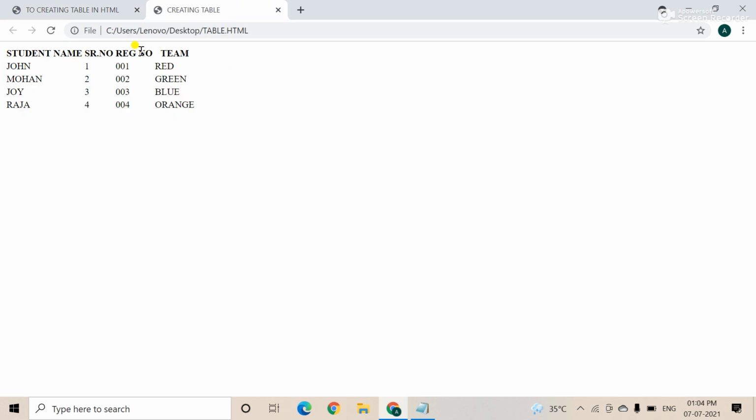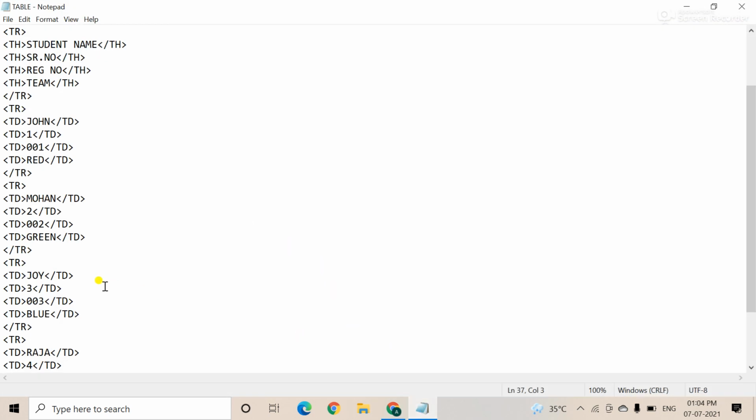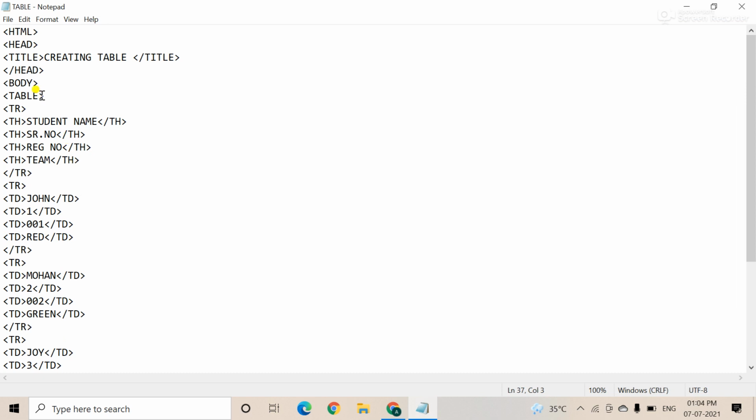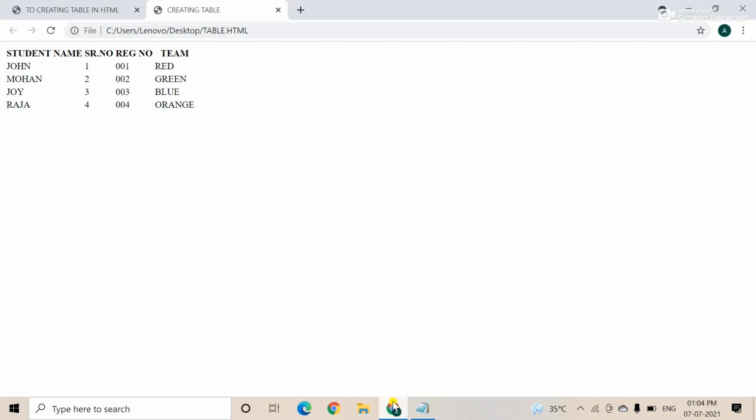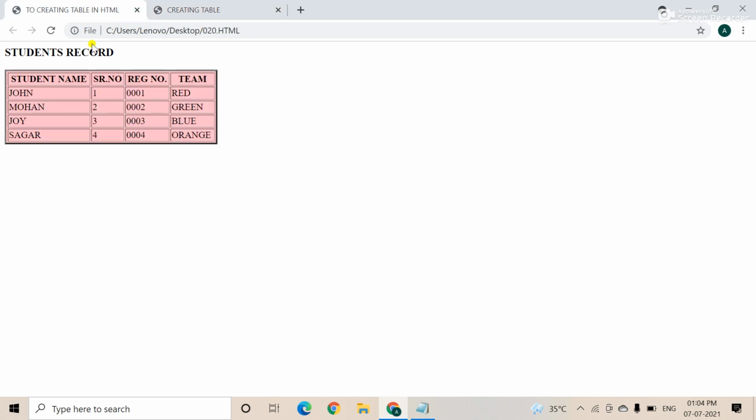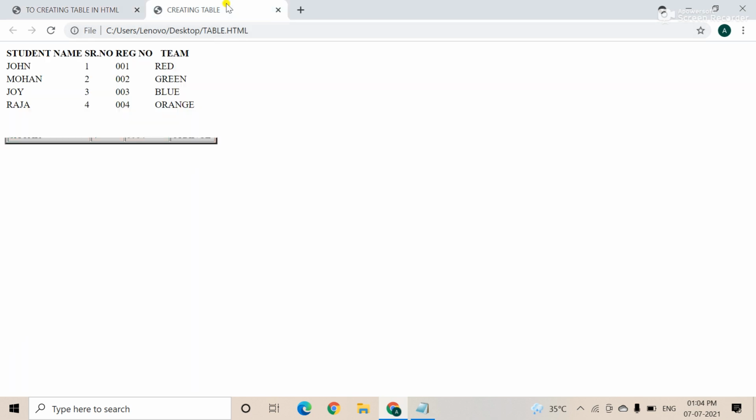So if you want to create an outline border or an inside border, how do you create it? Very simple. See, it is required in the table tag: table border, right? The border is just like the border I am showing you. There are different categories of border. All of you notice the thickness of the border. See, this is the border, and here there is no border.